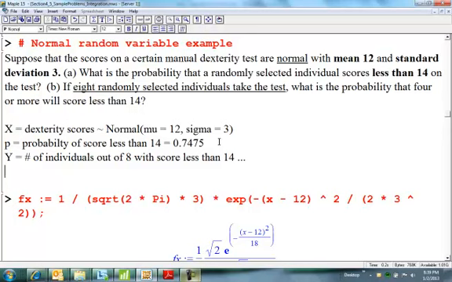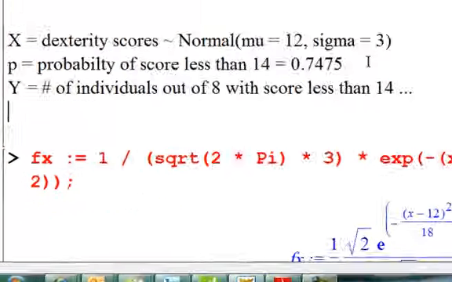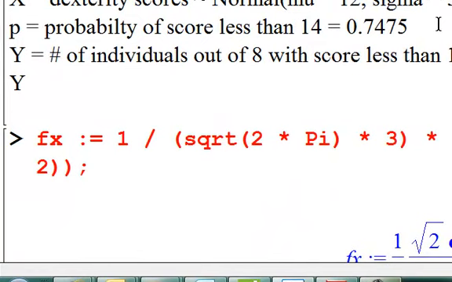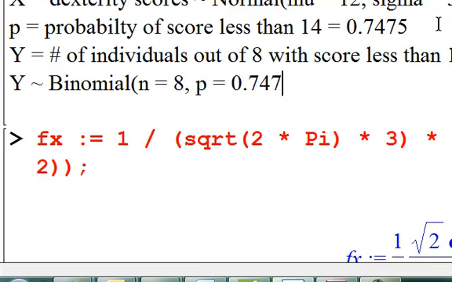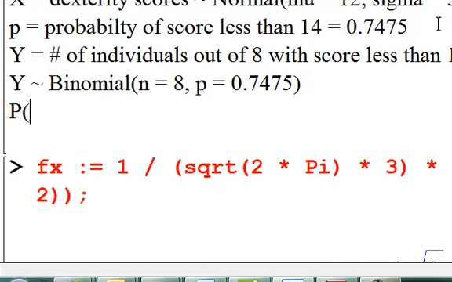Either they got a score less than 14 or more than 14, so this is a binomial. So Y has the shape of a binomial curve with 8 trials and probability of success 0.7475. And I want to find the probability that 4 or more, so Y is greater than or equal to